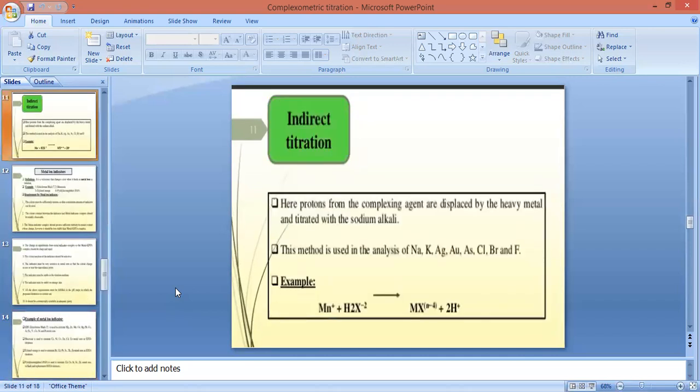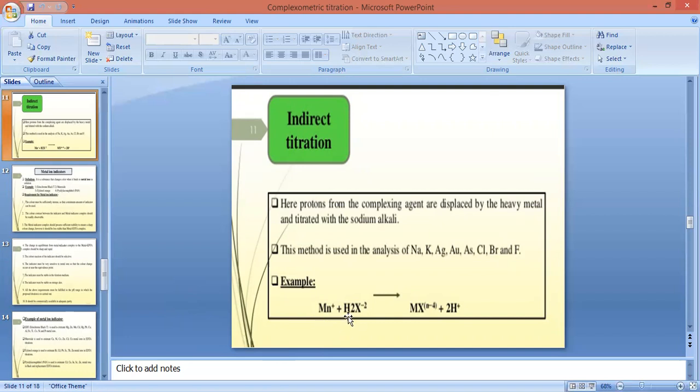This is the last type of complexometric titration, that is the indirect method of titration. In the indirect method of titration, the protons which are liberated by formation of complex between the complexing agent and metal ion are displaced by the heavy metal and titrated with sodium alkali. An indirect method of titration is particularly used for determination of the metal ions, that is sodium, potassium, Ag, Au, As, Cl, Br and S. So in case of indirect method of titration,